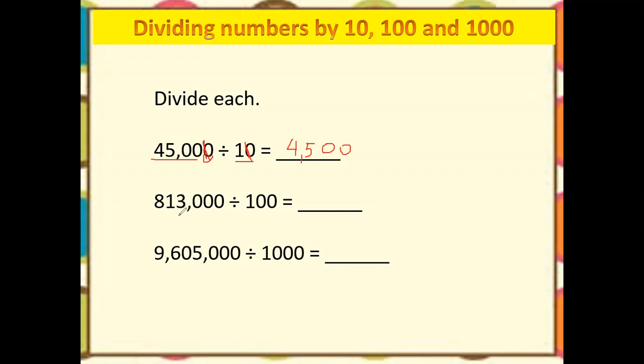that's why we have 4,500. Next question. We are going to divide 813,000 divided by 100. How many zeros do we have? We have 2. So therefore, we are going to move our decimal 2 times to the left. So now the answer is 8,130. Or keep it in your mind, when we are dividing, count how many zeros the 100 has. It has 2, so you have to cut 2 zeros as well. Okay, so now the answer is